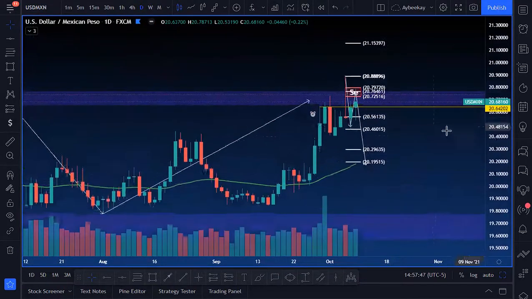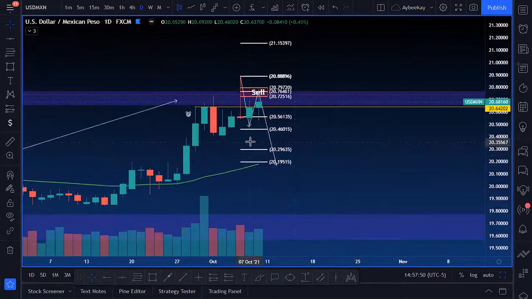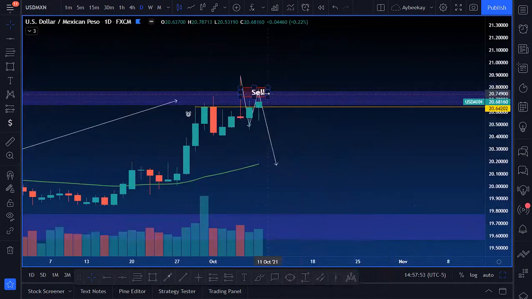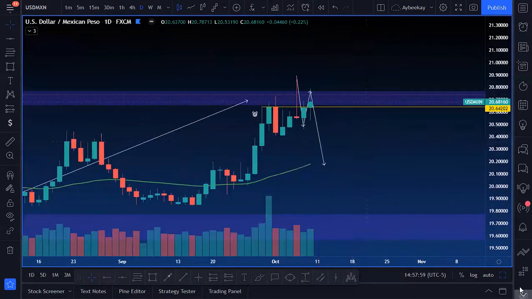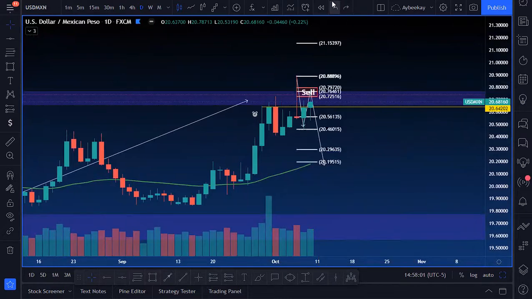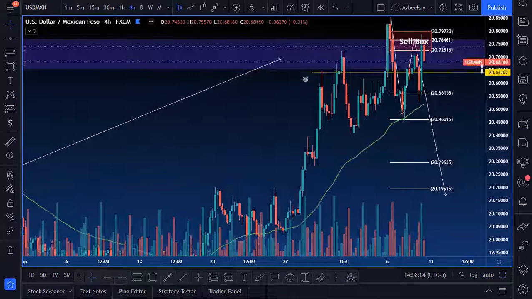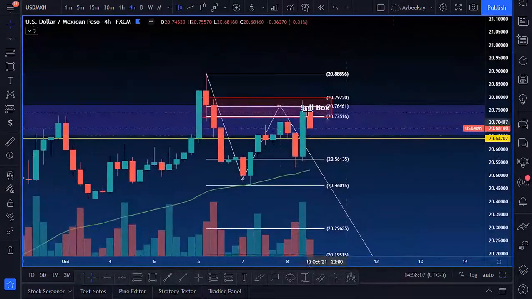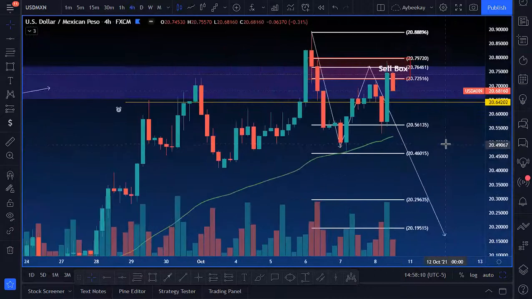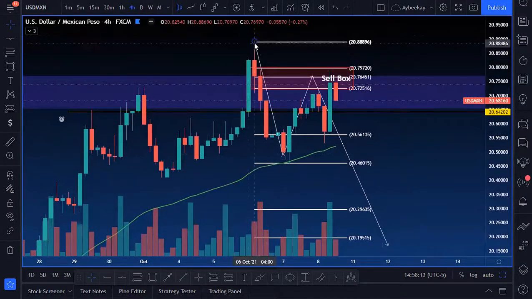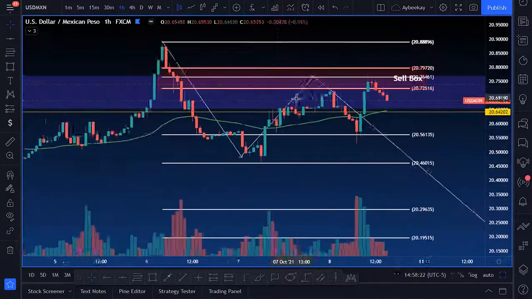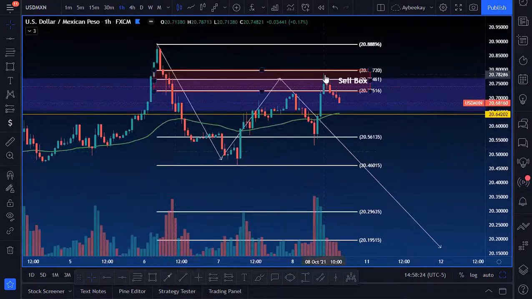Daily time frame, it looks pretty bullish, but let me see something real quick. Yeah, it looks pretty bullish. It looks like there's a doji candle on the daily time frame, but on the 4-hour time frame, I'm actually kind of upset that I didn't try to look at this a little more. That price push to the downside, the retracement after that stop went, and it's holding at this sell box right here is looking kind of suspect. Then we even had some pretty decent sells after price hit that 71% and price just continued falling.